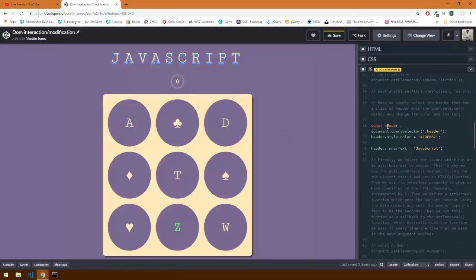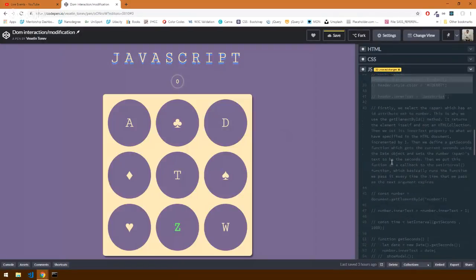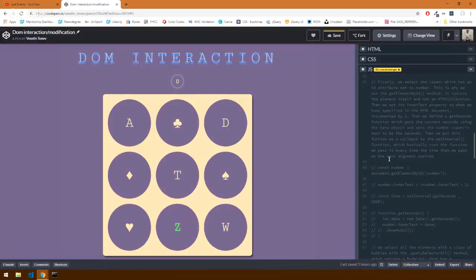That's that example covered. And here we'll do something a bit more complex. Firstly, we'll select the span element, which has an ID attribute set to number, with the getElementById method. It returns the element itself and not an HTML collection like the ones we saw earlier. Then we will set its innerText property to what we have specified in the HTML document, incremented by 1. What that looks like is